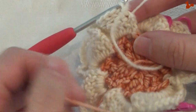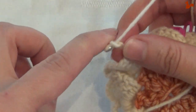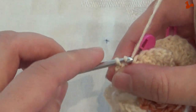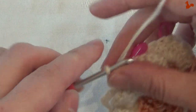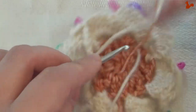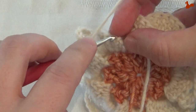Almost round, we're getting there. See, here's the beginning, so we're getting there. Chain 5, 2, 3, 4, 5, in the marked stitch, make a slip stitch. 1, 2, 3, 4, 5, 6, 7 chains, and again in the first stitch of that petal make a slip stitch